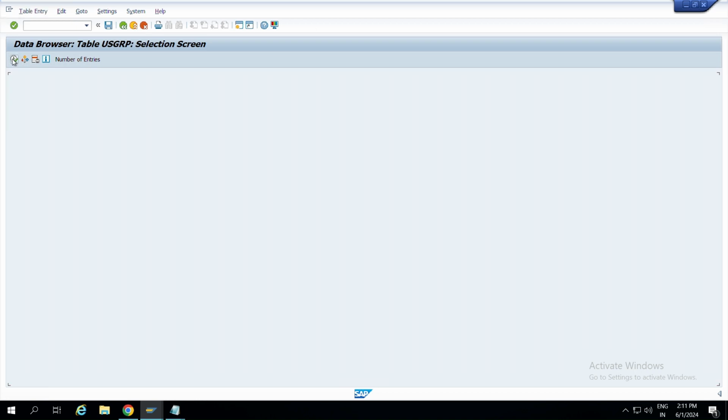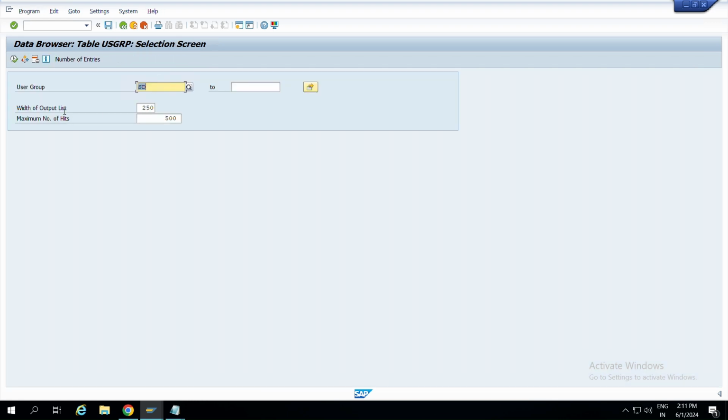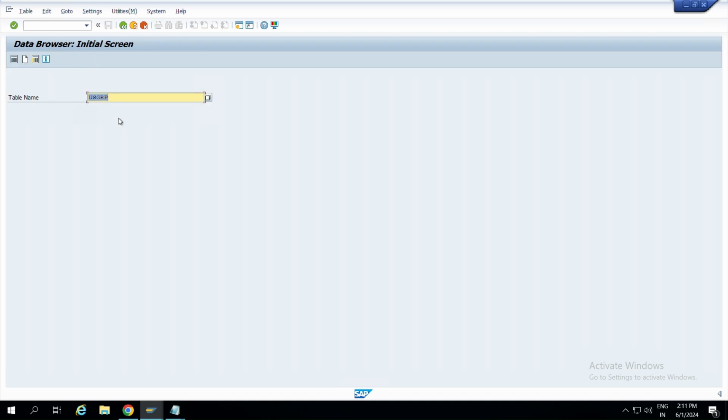I'll give ST and execute. So, what are the different types of user groups available in the system? You can get that in USGRP. So these are the normal tables for user IDs. Other than this, you don't have much related to users.